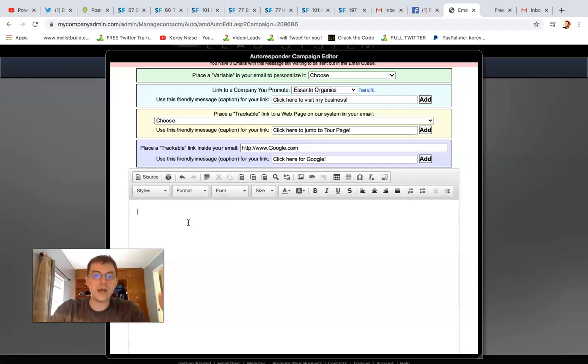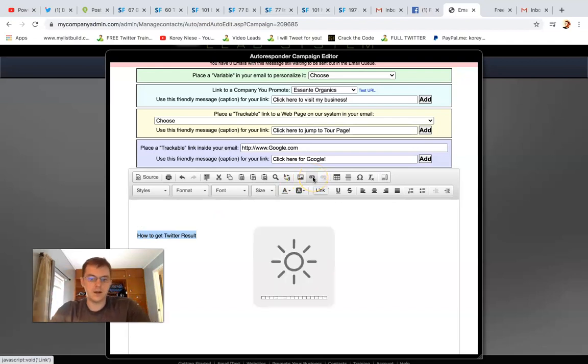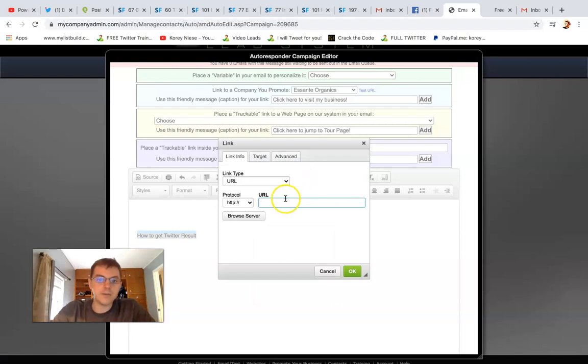All right, and I can do that here. And you can hyperlink how to get whatever Twitter results, right? Whatever your results. You can hyperlink any text by double clicking or dragging your cursor over it, and then you want to select this link icon up here. It's going to say link. All right, I can click on this actual chain link, and then I could put in